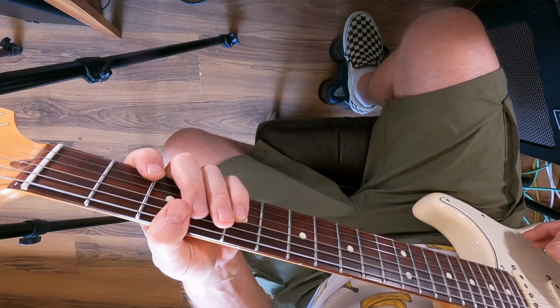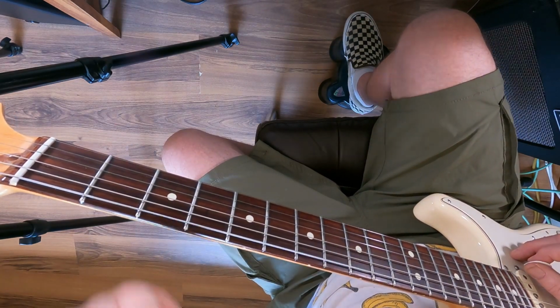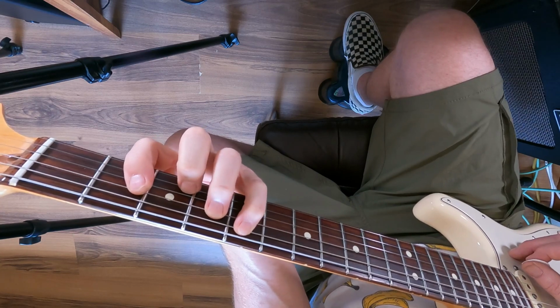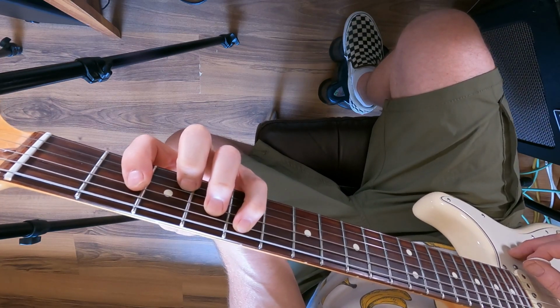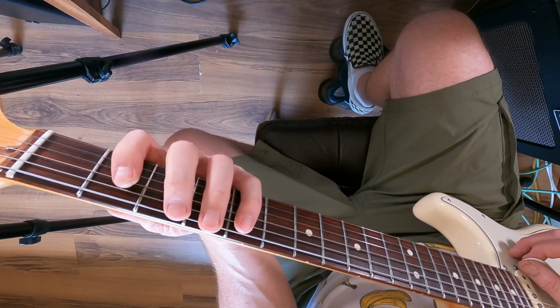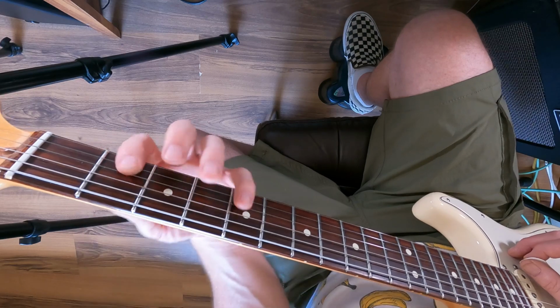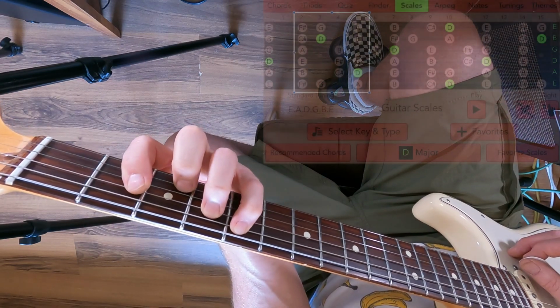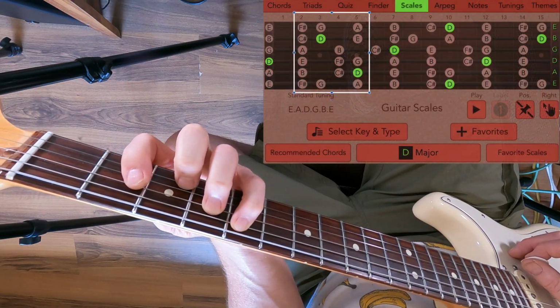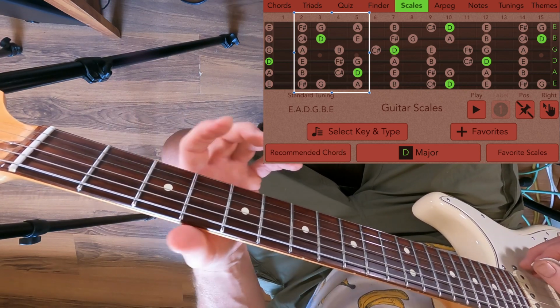Obviously I'm going to go into it a lot slower than GT does. So we start off, one thing you want to think of as well, we're in the key of D. So this is our D chord, our big bar chord, it's a C shape. We want to be thinking of the major scale in that position. And this is how I like to teach the major scale. I teach the chord shapes and then the scale around that chord. So in this position, the D major scale,